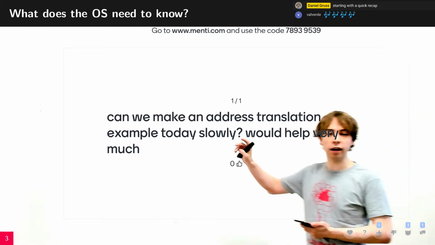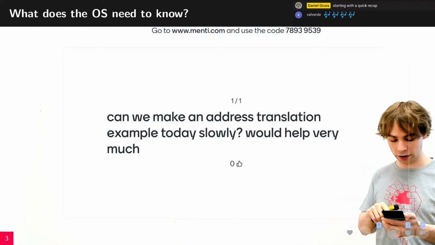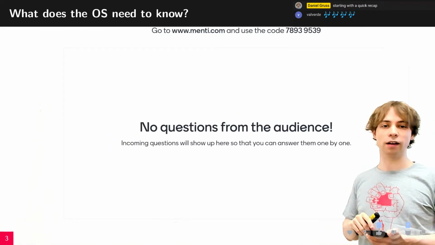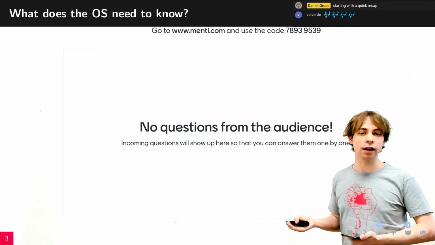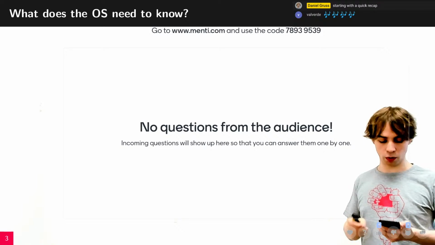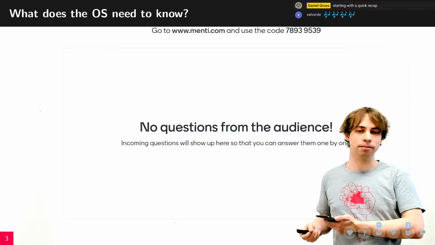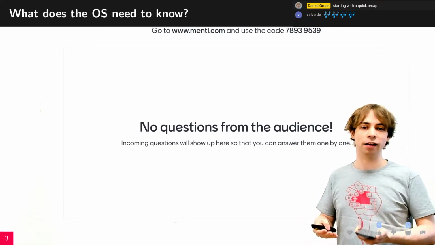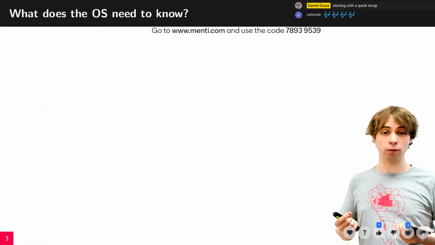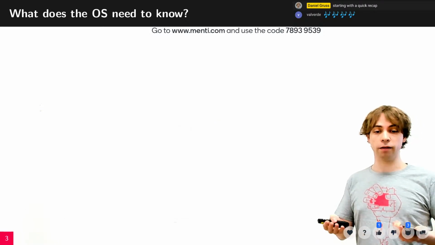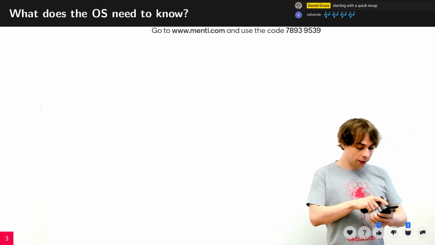Can we make an address translation example today slowly? Would help very much. We already did that last time. We are not doing that today, because the exercise interviews are already running, and it would not be fair to now provide you with an explanation where others already had the exercise interview. So the time for that was last week, where I offered also a special tutorial section, not this week. But let's start with the